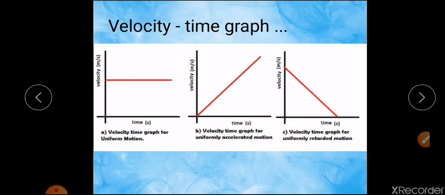So these are the three graphs you are going to get in your velocity time graph, right? Now coming to the conclusions of your velocity time graph. In your displacement time graph or your distance time graph, whatever slope you calculate, the slope will give you velocity. There it was distance by time or displacement by time. Now automatically you can think here it is velocity by time. Change in velocity by time is acceleration.